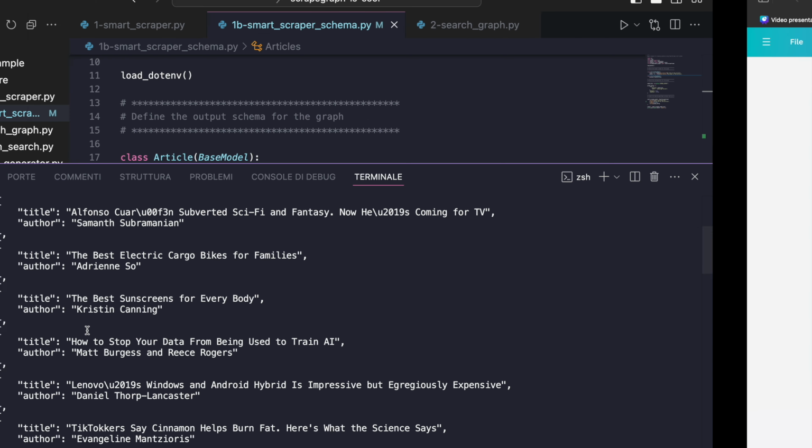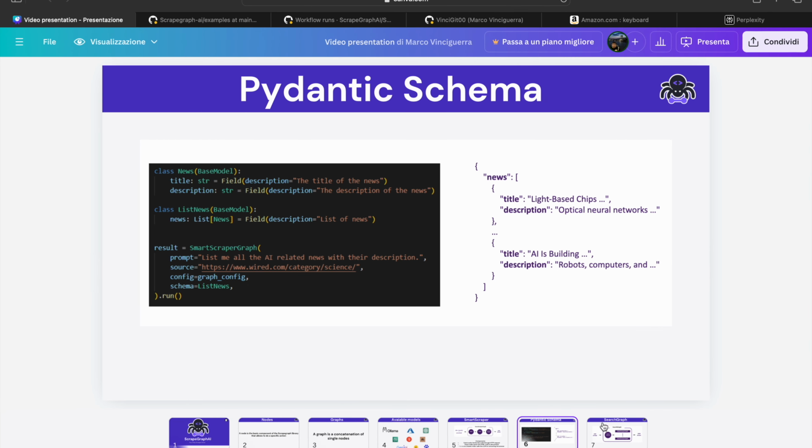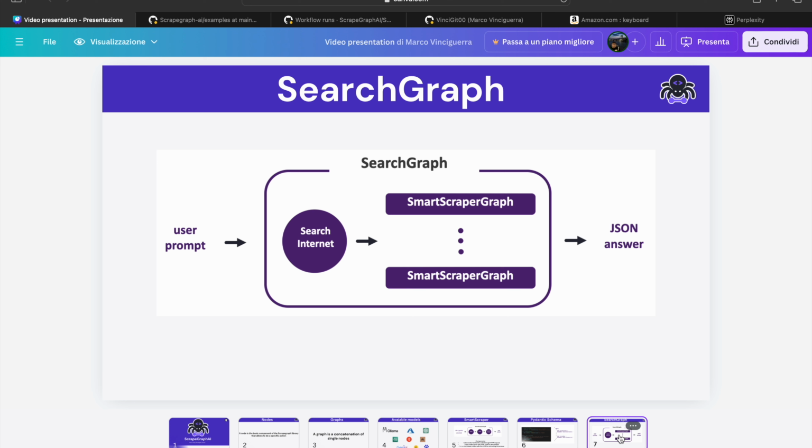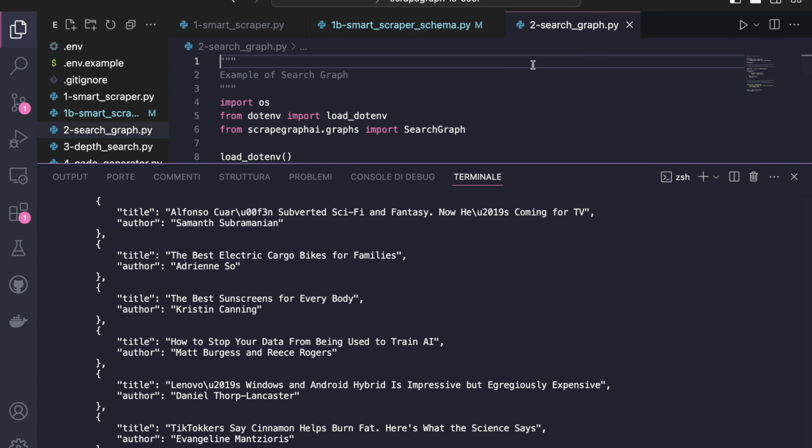Now let's go with the second example of a graph, which is the search graph. Basically, the search graph allows you to search the internet for the result, and it will instantiate some instances of Smart Scraper, the graph that I showed you before, for extracting data from the internet. So as we can see from this example,